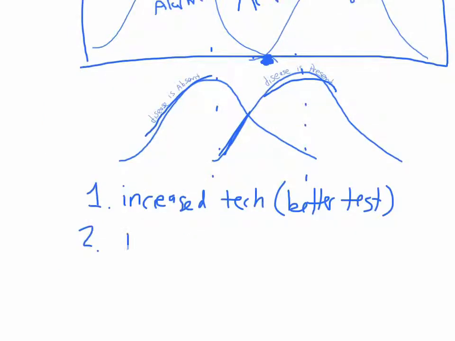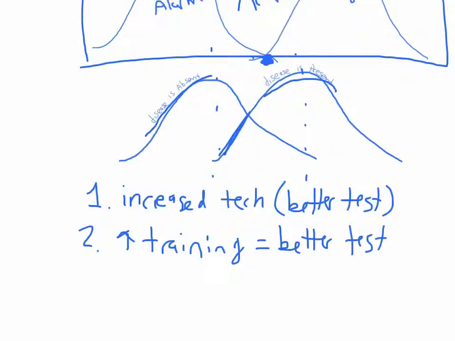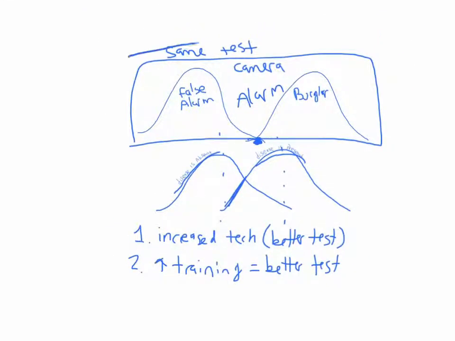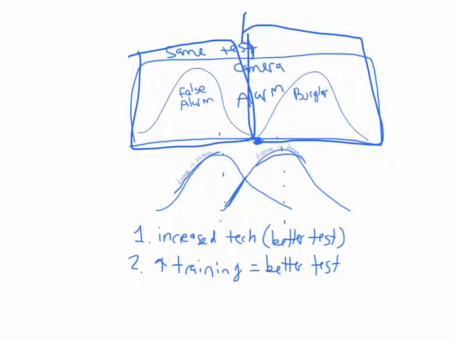Another way is to increase training. Better training means better testing. So, for example, if you draw blood and you get a high potassium, most of the time a high potassium on a blood draw is due to an error in taking the blood. And so the more you train your phlebotomist and the better they get at drawing blood, the fewer high potassium draws you will have. And so ultimately the point of this is that you want to be able to separate these curves of false alarms and true alarms, and then be able to set your test to identify right down